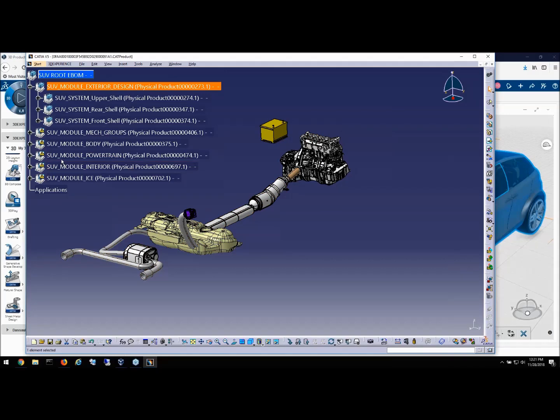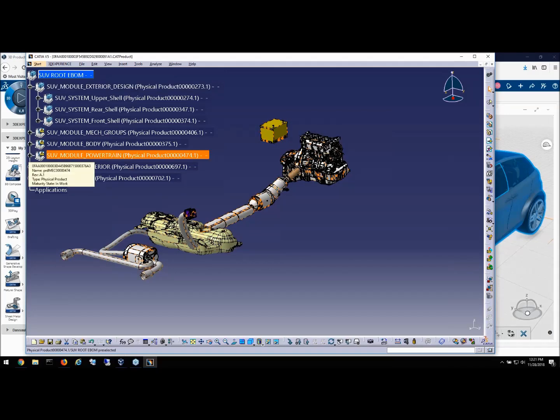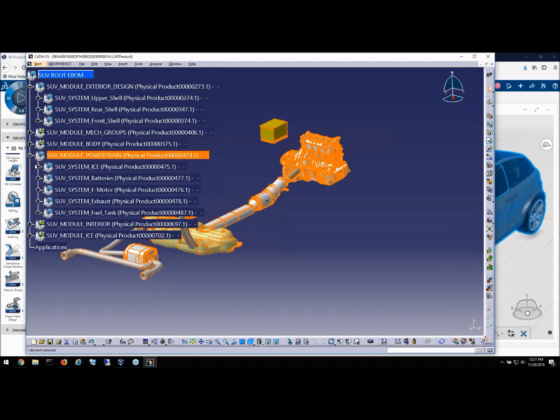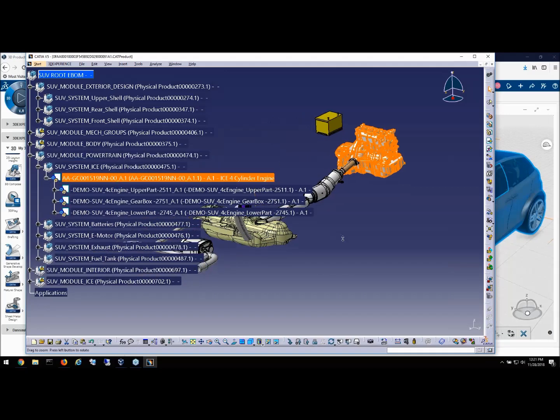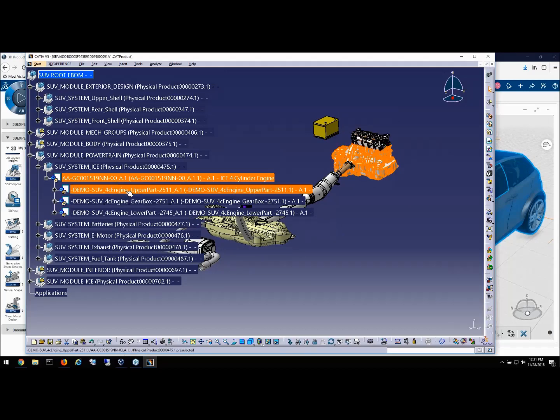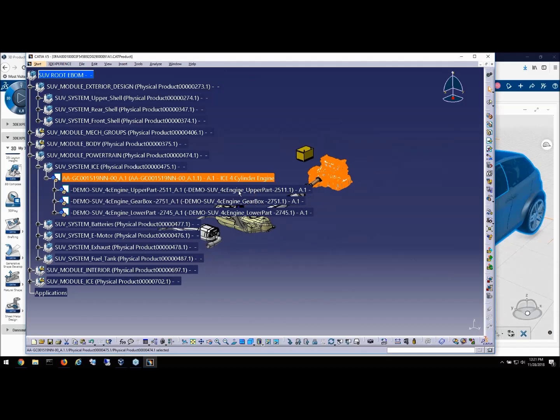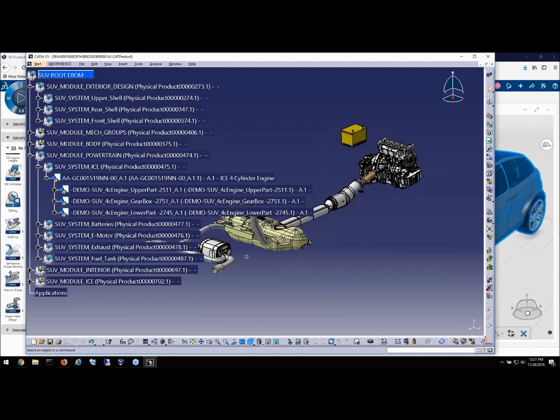But if I go into my powertrain, which is where all of my legacy V5 data lives, if I expand the internal combustion engine system, this is where I find my native Catia V5 CAD products and CAD parts, which have been saved into the system. So it is quite nice to have the whole bill of material loaded, even if I can only see Catia